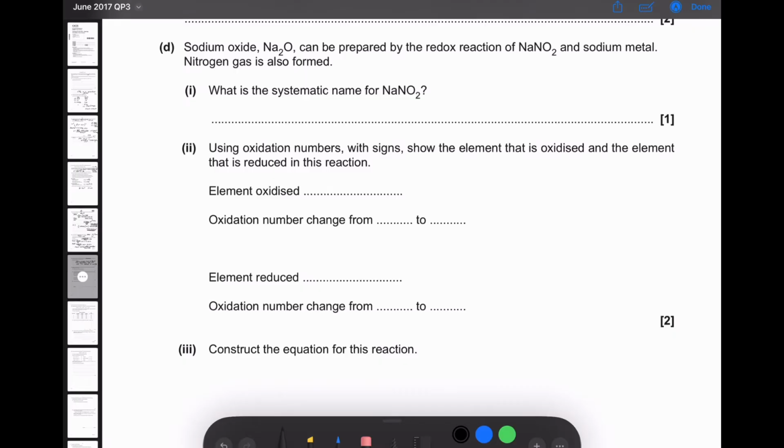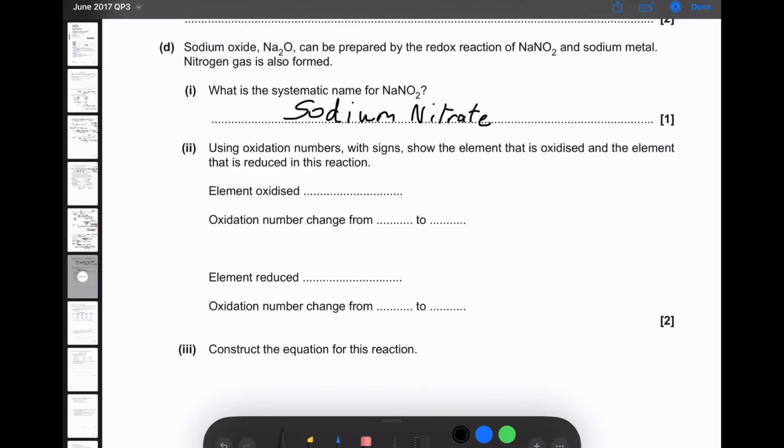Sodium oxide can be prepared by the redox reaction of sodium nitrate and sodium metal. Nitrogen gas is also formed. What is the systematic name for sodium nitrate? Well, I've just said it. It's sodium nitrate. But before you start going, haha, easy, 1 mark in the bag for 2 words, there is